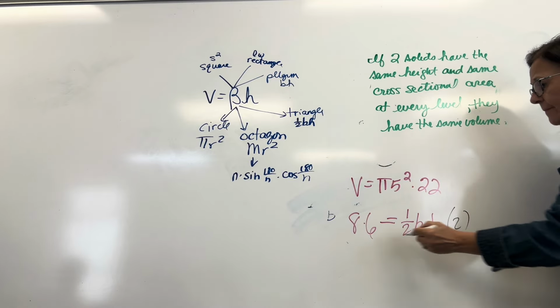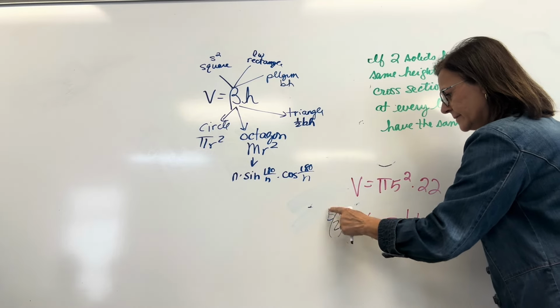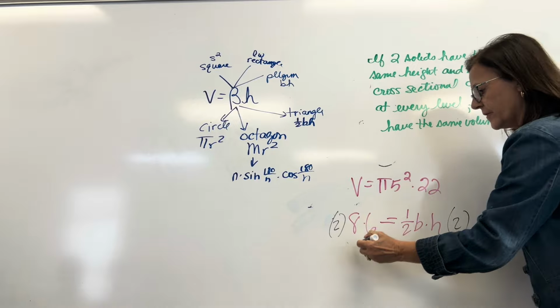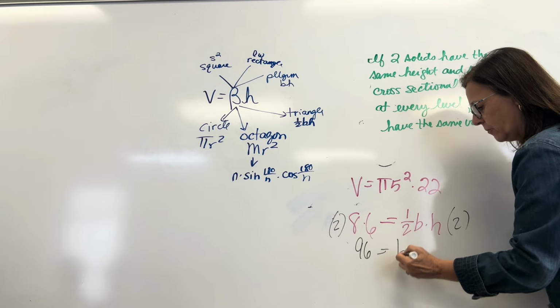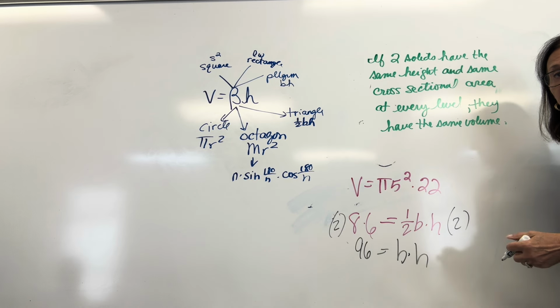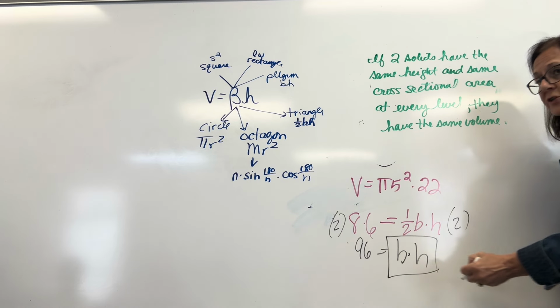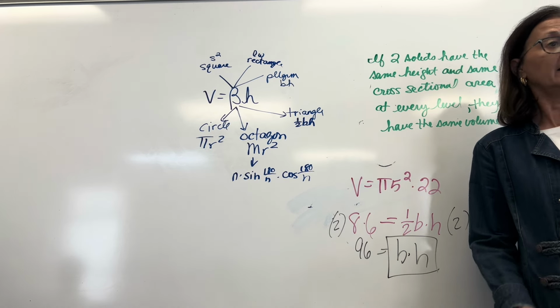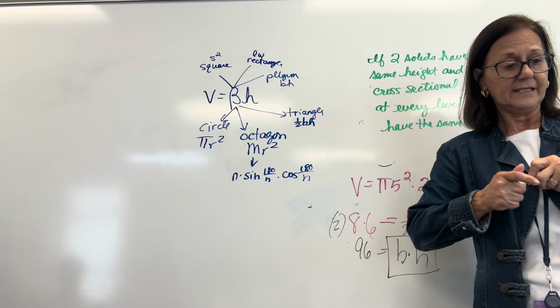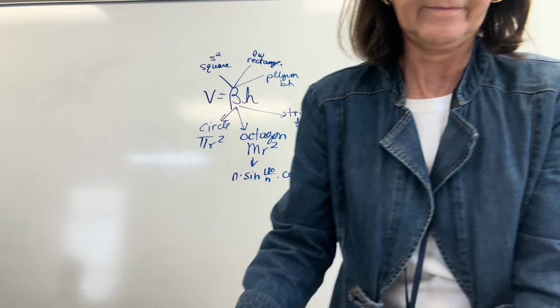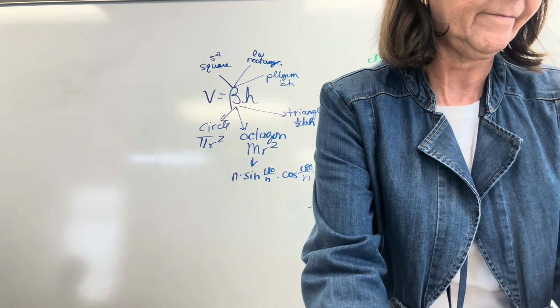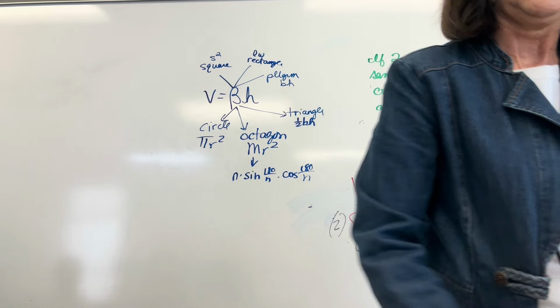We multiply by 2 on both sides. That's 48, so 96 equals the base times the height. So you have to look at the options where the base times the height equals 96. All right, let's